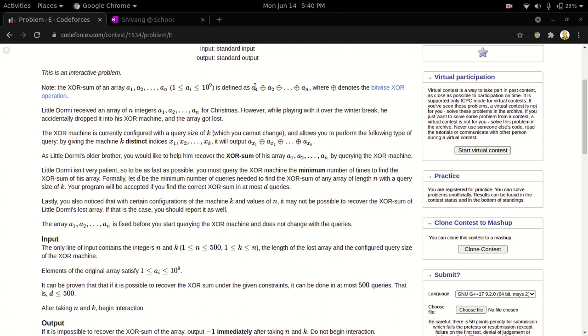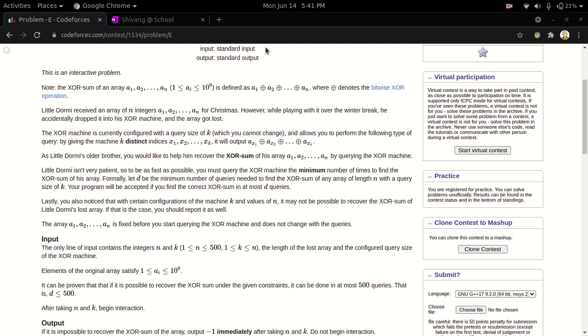If k is a divisor of n, then it's apparent that you can just split the array into parts of size k and then take queries over all of them, then XOR them all together, and every element will occur once. But in general, we want every element to occur an odd number of times in the final XOR sum. So if we somehow keep taking queries and keep XORing them together, finally we want every element to occur an odd number of times.